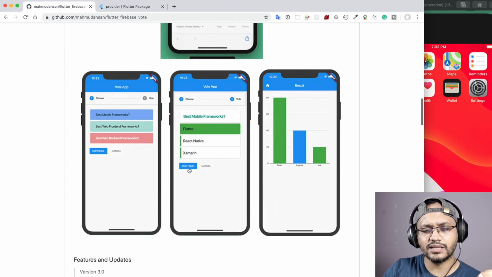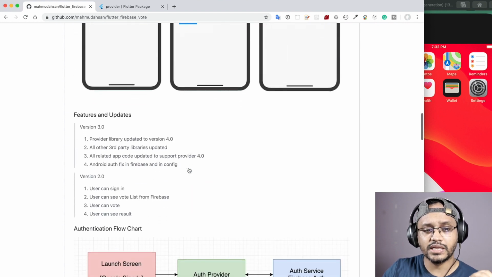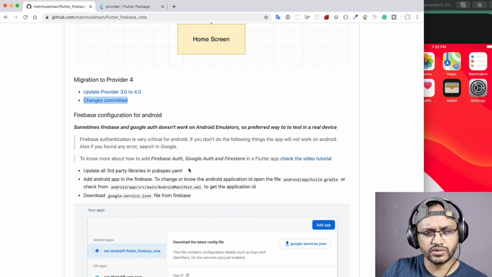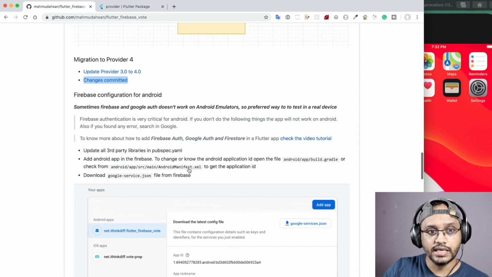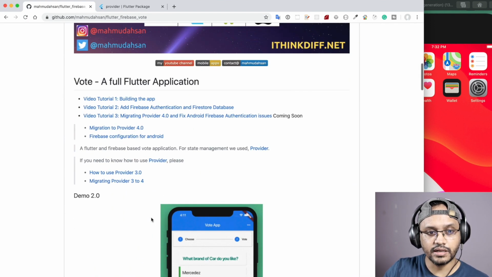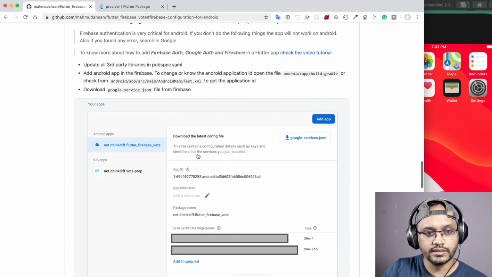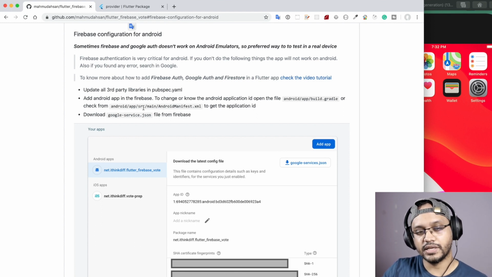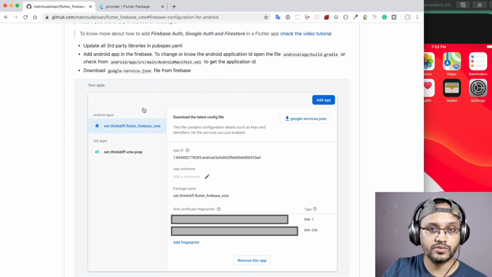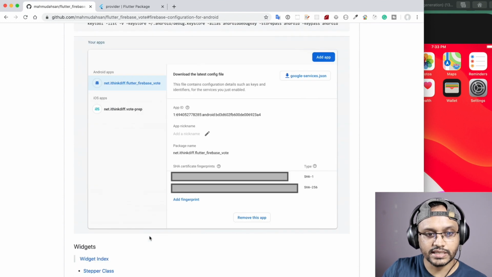And I also found that there are some problems when I tried to run this application on Android. So after lots of debugging and help from Google, I was finally able to fix this. And in the project repo I updated the readme. So if you click this how-to, migrating Firebase configuration for Android, you will see a full list of steps you have to follow if you want to support this application or any Flutter application on Android where you are using Firebase authentication, Google sign-in, and Firestore database like this. So all the steps are discussed in here.